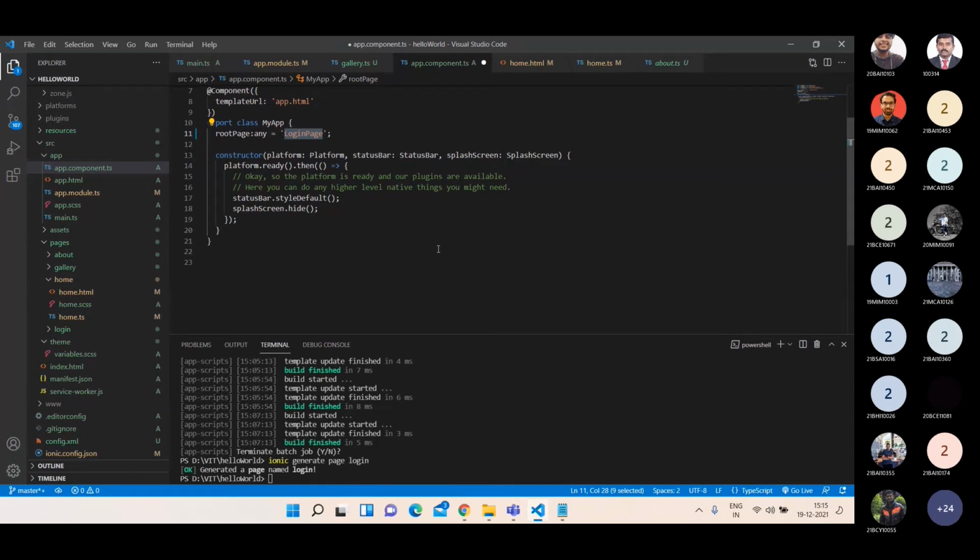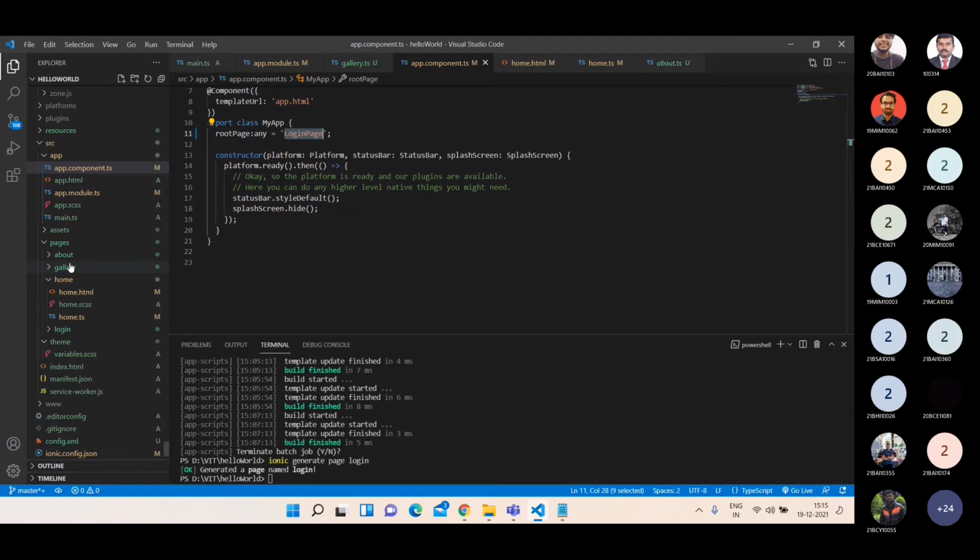By default. I told you, right? If it is eager loading, you need not give it in single quotes, and if it is lazy loaded, you have to give it in single quotes. So it is a default lazy loaded page, so I'm giving it in single quotes.